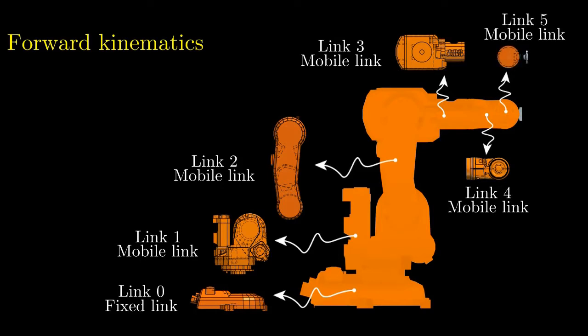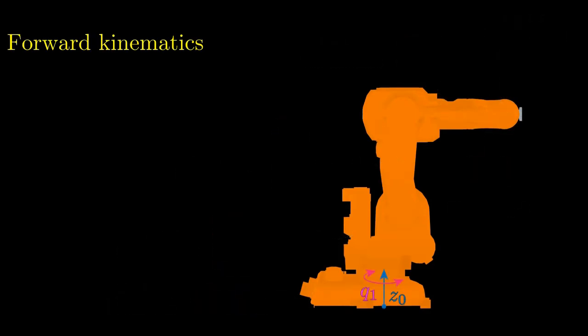Given that the robot has 6 rotational joints, I conveniently place 6 arbitrary reference points as the origins of the joint axes, whose locations are along the longitudinal and vertical plane that makes the volume of the robot symmetric at home position. Thus, I present the joint Q1 attached to link 0, and its rotation axis is defined by convention as Z0, whose origin is located where the blue arrow starts.